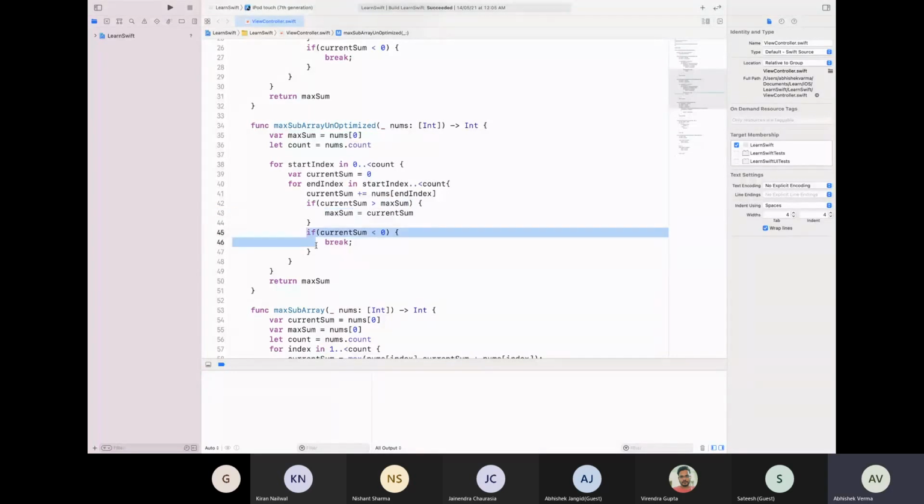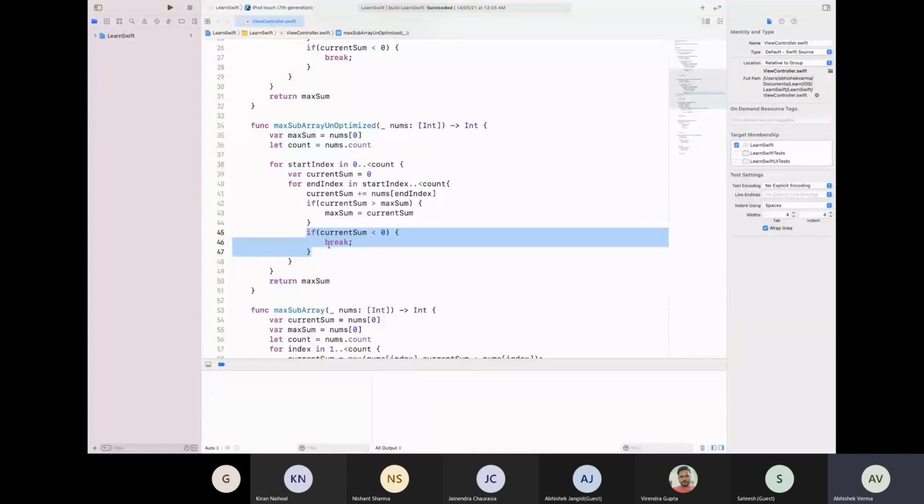And here I had also kept one optimization: if the current sum becomes less than 0, I break, because there is no point in continuing. If we get a number which is less than 0, it is only going to decrement the current sum rather than increment it.